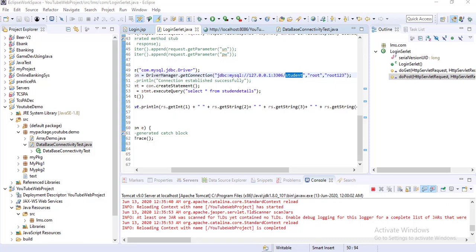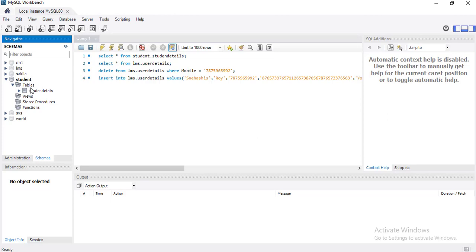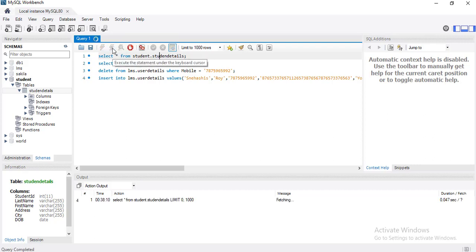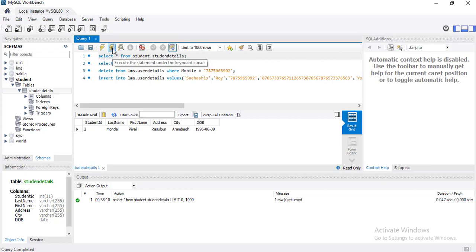If you go to MySQL, you can see I created a student database and there is a student details table. Student is my schema name, and then student details. If I run select star from student details, here you can see student ID, last name, first name, address, and date of birth. I have already created one row.